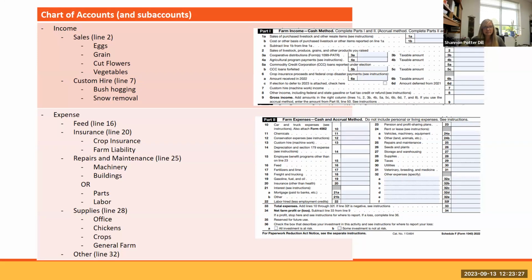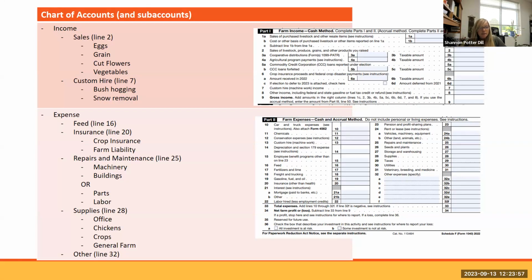I wanted to share some expense examples. In my farm, maybe I only have chickens because I have eggs, so I'm just going to keep my feed line simple. It's just feed. Perhaps if I had livestock with grain and hay, maybe I have a grain sub-account and a forage sub-account that would keep feed and be able to add feed together to enter on line 16.